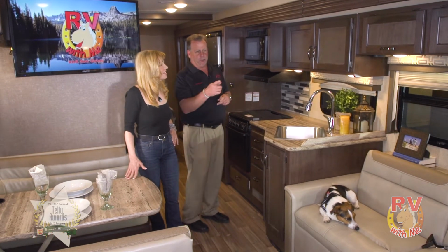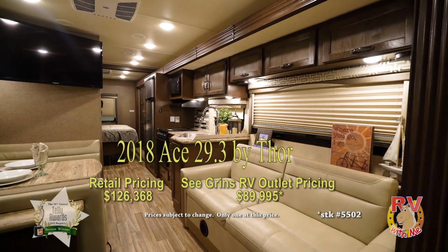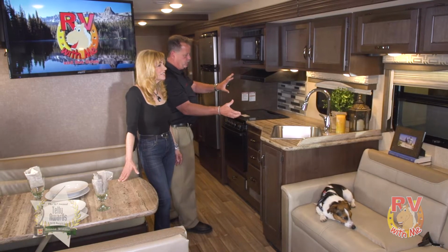This is good. Awesome. And then if you'll notice all of the space in here, and that's due to a full wall slide. Oh, you've got a full wall slide from the front to the back. Okay, I'm really liking that. That's right. That, Scott. Nice. As you go down the couch area, you'll see that it goes into a nice big